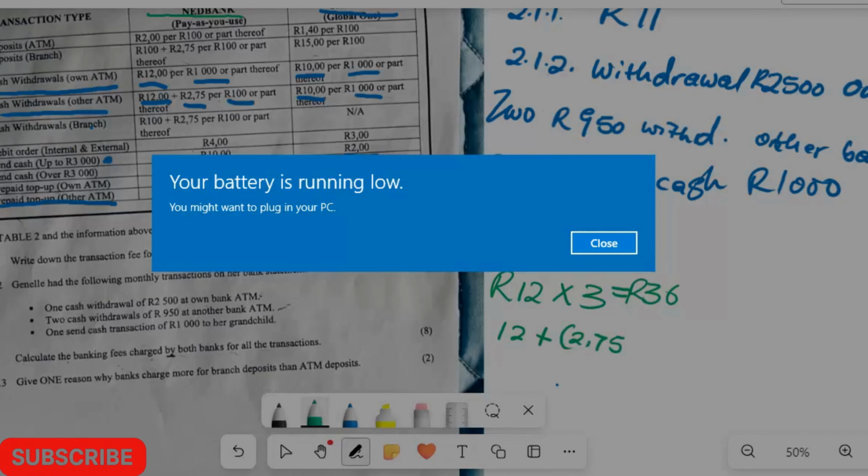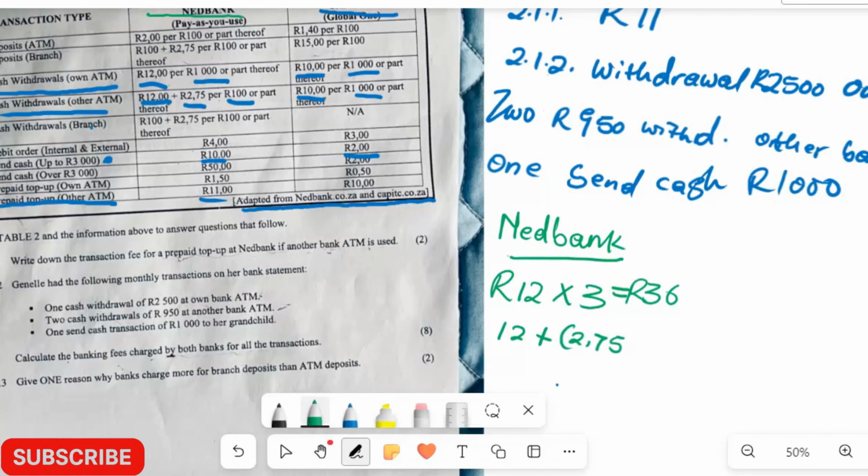How many 100 rands will she be charged for? 10 of them. Then we will multiply by 10. And what does this give us? 2.75 by 10 should give us 27.5, which is 27 rand 50 cents. Yes, that's correct. Plus the 12 rands